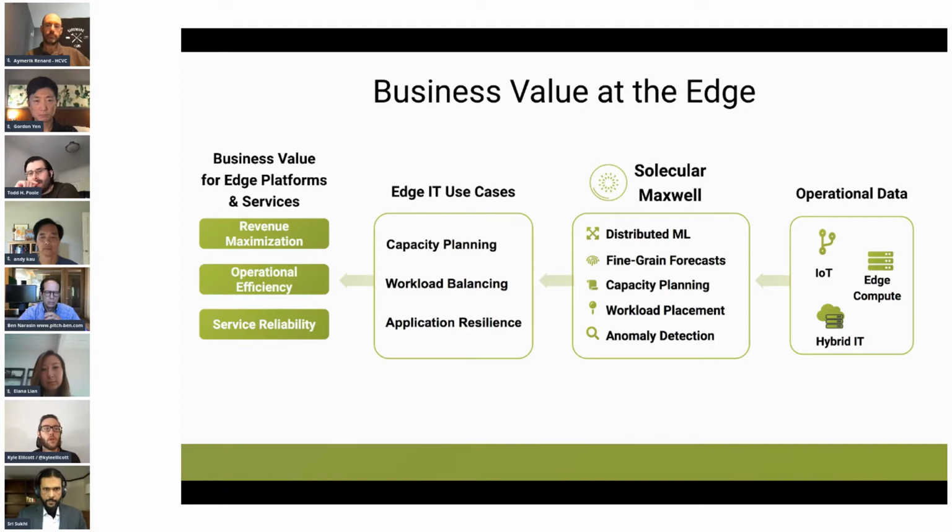All right. Ben, to you for your next question. So I get the model. You're helping me predict my resource load and making sure I'm optimizing for that for both resiliency and theoretically for cost. How do you price that to the end customer? Are you able to take part in some of the value chain, or is it just subscription? It is a licensing model at this point. So we have talked about a fraction of savings, but that's really hard to quantify because when we're adding value to the top line, that's going to depend on what application's running above us. So we use a monthly subscription license model.